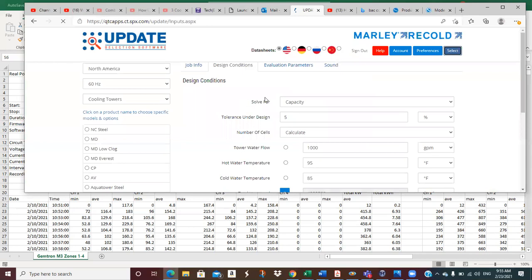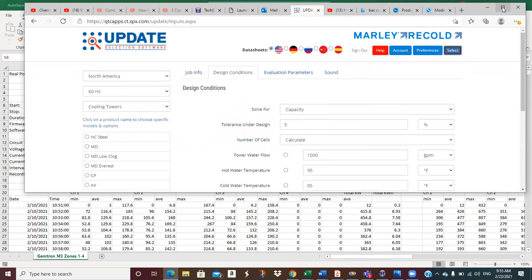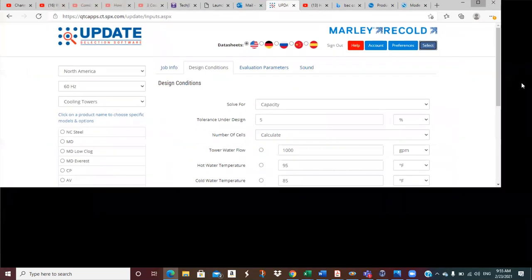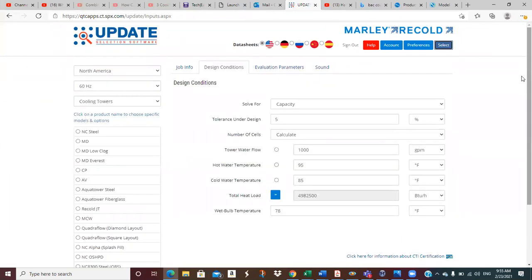Yeah, and so here, this is Marley, and Marley and BAC are the two big competitors. The programs are doing roughly the same thing, but of course, it's a different piece of software by a different company. So it's going to look a little bit different, but they've got all their tower types, and you can